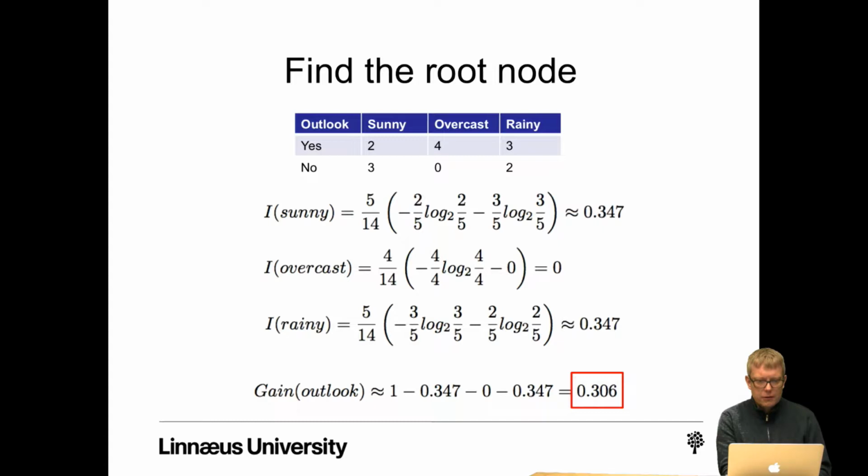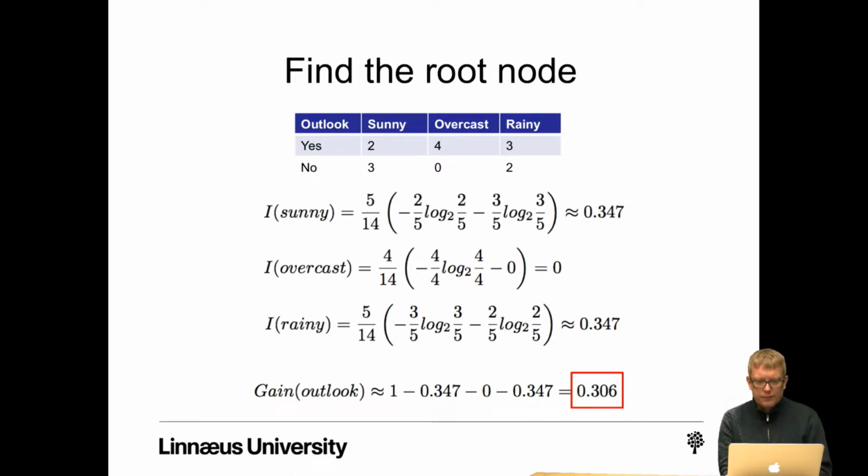In 3 examples, outlook was sunny in the no examples. In 0 no examples, we had outlook overcast, and in 2 no examples, we have outlook rainy. So we just put in these numbers into the formulas. So the information gain of sunny is 5 divided by 14. Sunny has 5 of the possible examples out of 14. And we just put in the values,